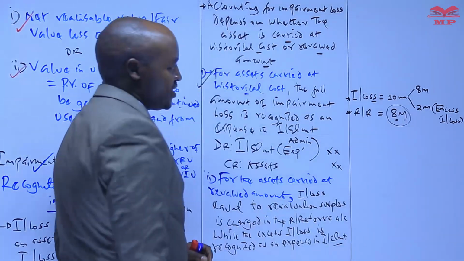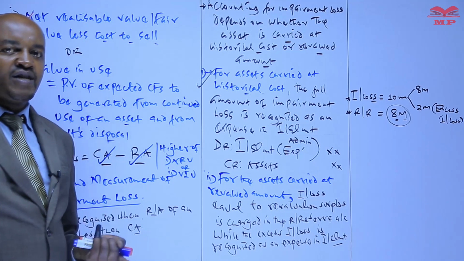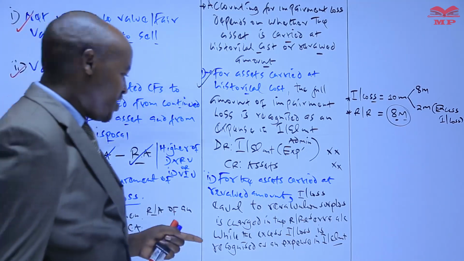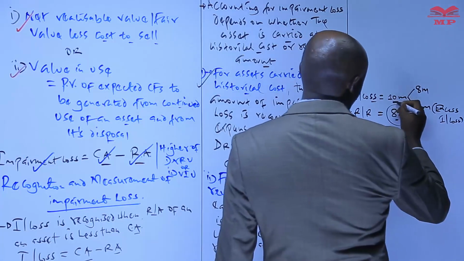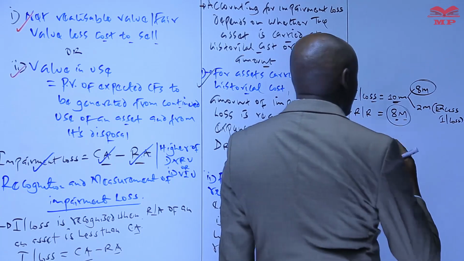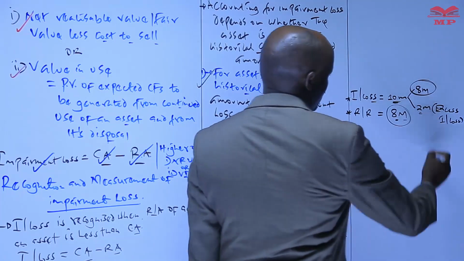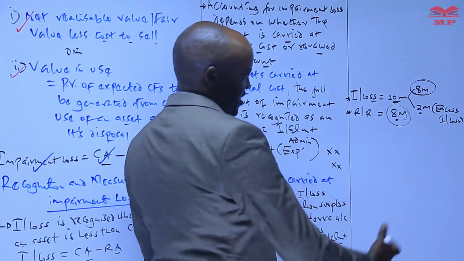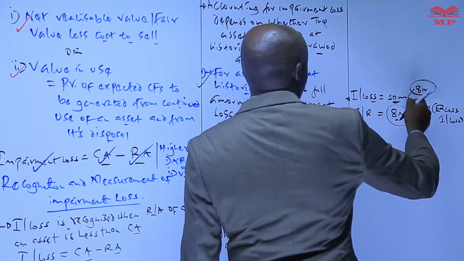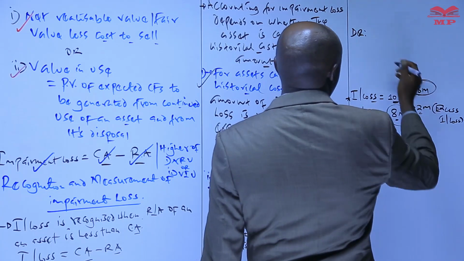And during the current financial year, an impairment review has been carried out, and the asset is found to be impaired with 10 million, which now will be the difference between carrying amount and the recoverable amount. So what you have said is that in terms of how we account for this impairment loss of 10 million, an amount of 8 million will be charged in the revaluation reserve account, whereas an impairment loss equal to 2 million, which is the excess impairment loss, is what we take to the income statement. And therefore, the accounting entry for this impairment loss is that impairment loss of 8 million will